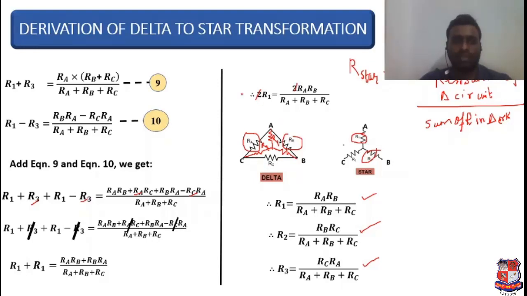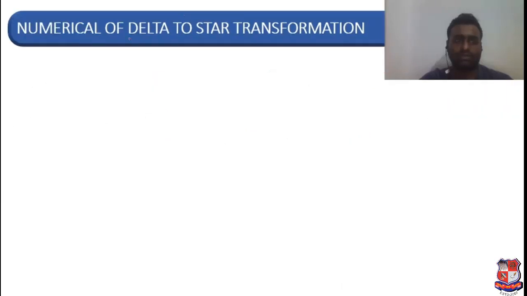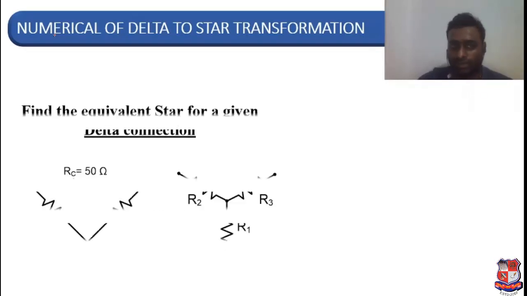So we will move to the last topic of this part 1, that will be numericals. This is a very simple numerical. This will make you understand. And now from this numerical, I think you would be able to understand or solve any equations in KVL or KCL. You have to just convert the circuit which is having neither series nor parallel connection.